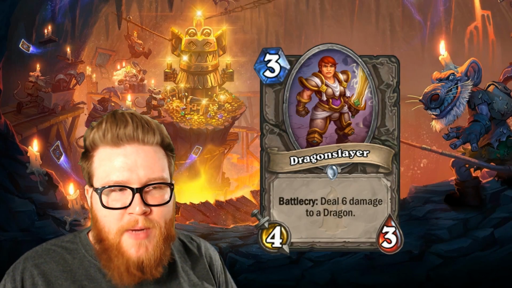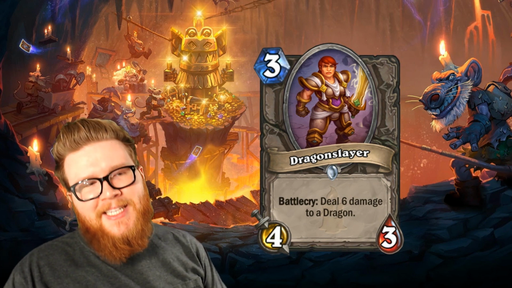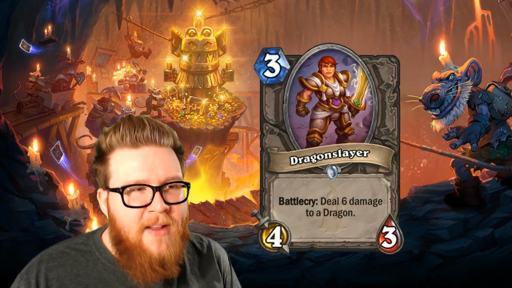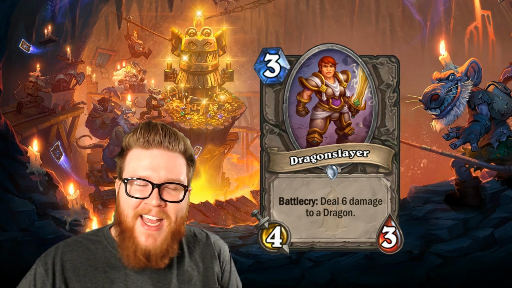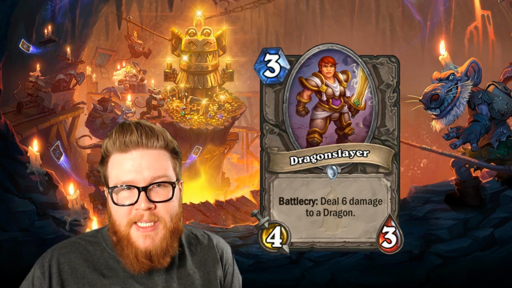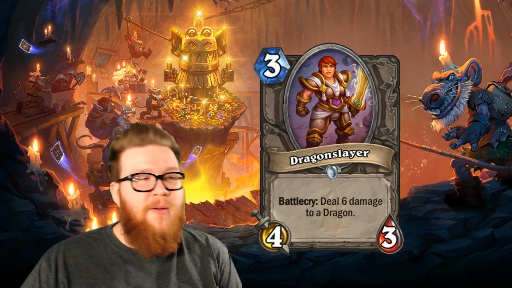So next, let's move on to the Dragon Slayer, another new tech card. This is a 3-mana 4/3 with a battle cry that reads, deal 6 damage to a dragon. So this is pretty much the answer to Cobalt Scalebane, and in fact, even a Prince Keleseth buffed Cobalt Scalebane. And this doesn't have any conditions or anything like that, so it's just a straight-up deal 6, which is pretty insane. It's also very cheap, and it has a great stat line for 3 mana,